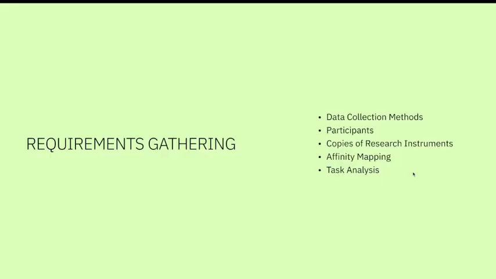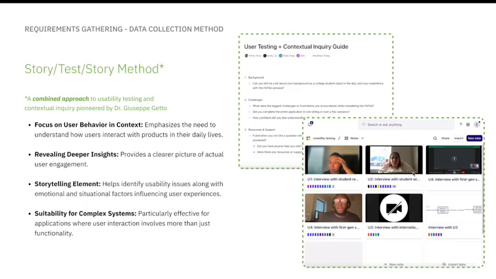Next is the requirements gathering section, and we'll be introducing what methods we used to collect our data, and we'll talk about our participants, and we'll be providing copies of research instruments, and we will be talking about affinity mapping and task analysis. This combined approach aims to gather user insights in a more holistic way by embedding the user